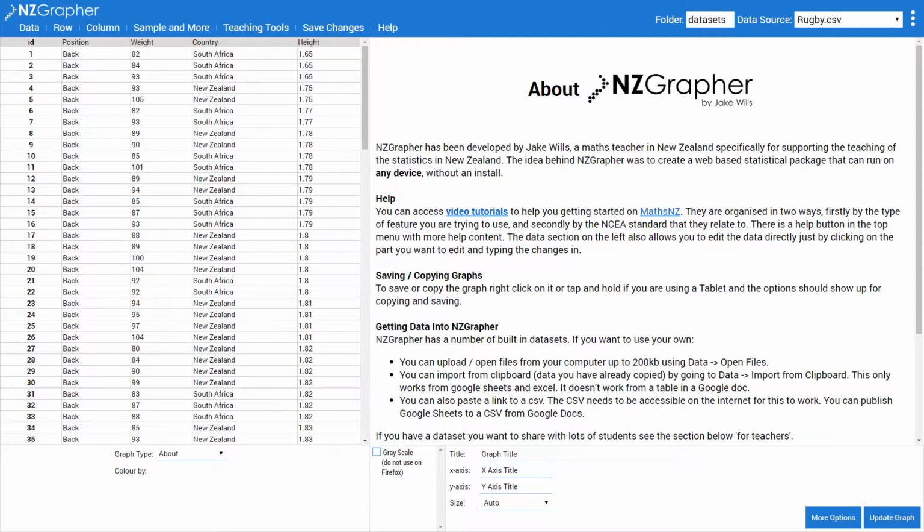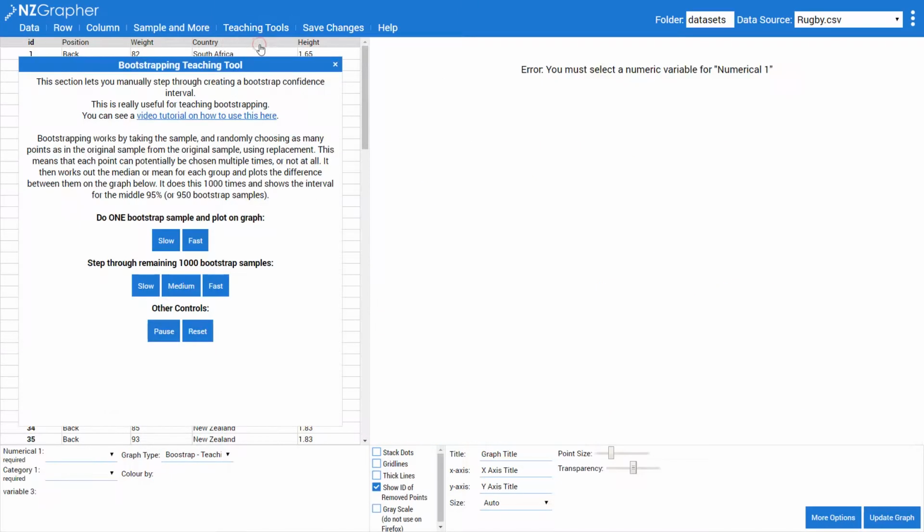In this video, we're going to have a look at the Bootstrapping teaching tool. So you access this by going into Teaching Tools and Bootstrapping. Now you can do this with any dataset. The dataset I've chosen to use is rugby, which has got a random sample of rugby players from New Zealand